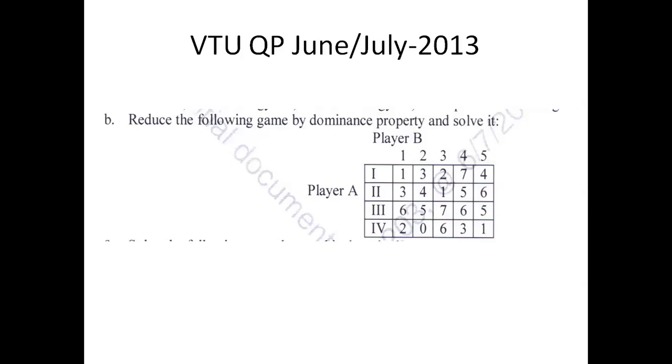Even though, if the saddle point exists, minimax equals maximin, please follow whatever is asked in the problem. Here he has asked you to solve the game by using the dominance property. You straight away go for applying the dominance property without checking whether the saddle point exists or not. This is only for the cross verification. We did that. We found the saddle point, and again, as per the requirement, we applied the dominance property, and again we found the same value. That is, 5 is the value of the game.